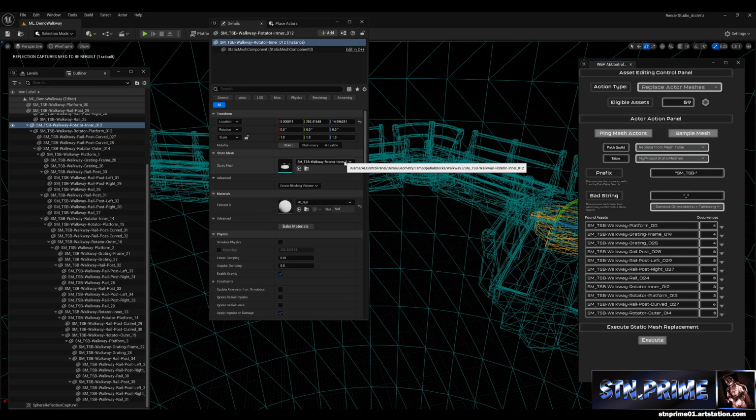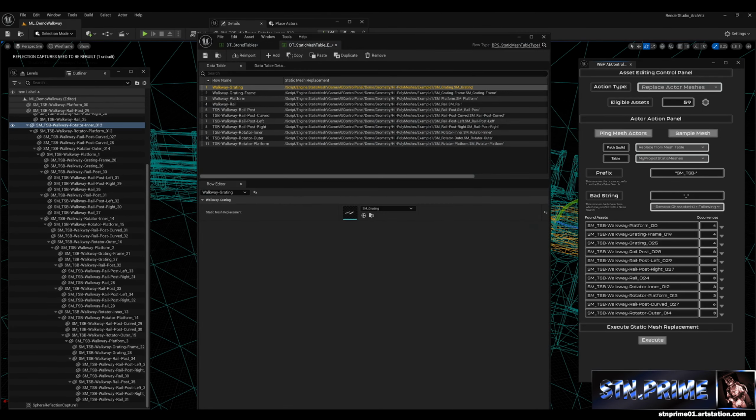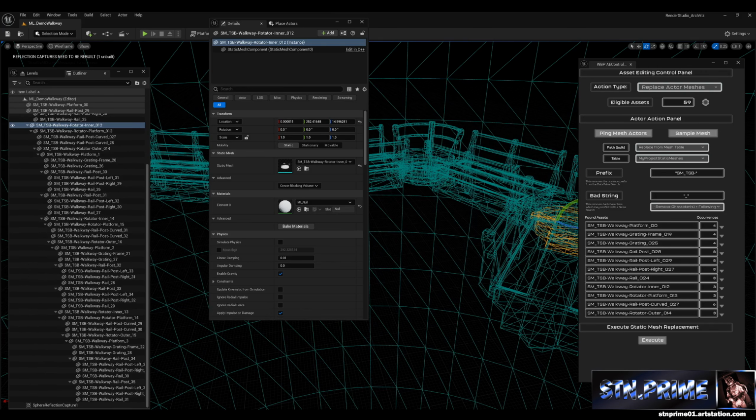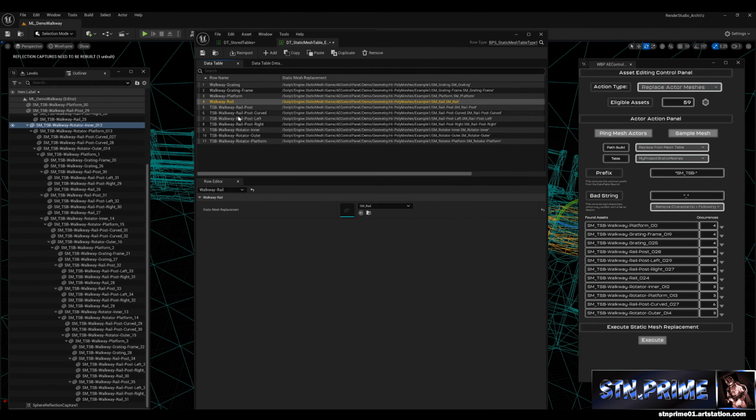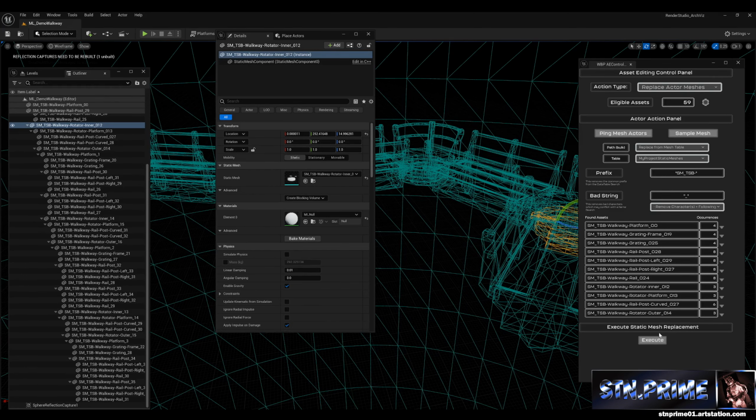So you've got your prefix that you're removing from the search, and you're also removing the underscore 012, because any of those underscore duplicate designations are irrelevant to the fact that we're looking for walkway dash rail. Okay, so go ahead and move that off there. So now I changed only 4 of these rows. All right, so when we run this now,